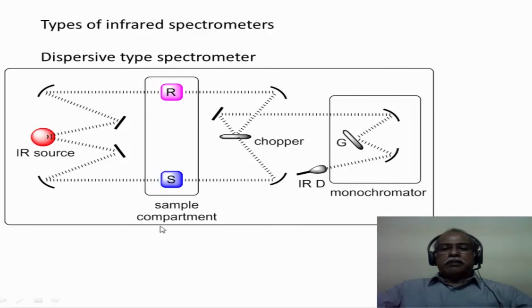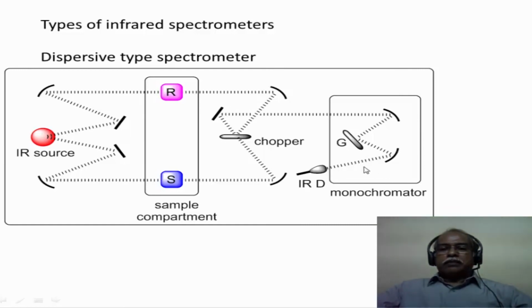So this is the sample compartment essentially, and this is the monochromator compartment of the infrared spectrometer, and this is a double beam spectrometer. If you observe carefully, there are two beams coming, one through the reference, the other through the sample. Both the beams enter the grating as well as the detector alternatively because of this chopper. So one can have I0 as well as I recorded simultaneously by whichever beam is falling on the grating and the infrared detector. If it is coming from the reference beam, that will be I0, and if it is coming from the sample beam, that will be I.